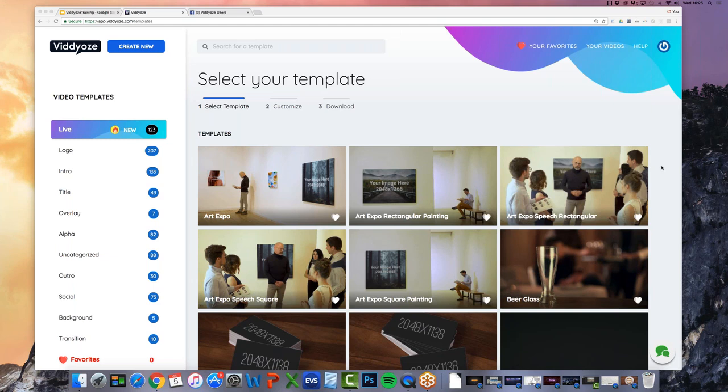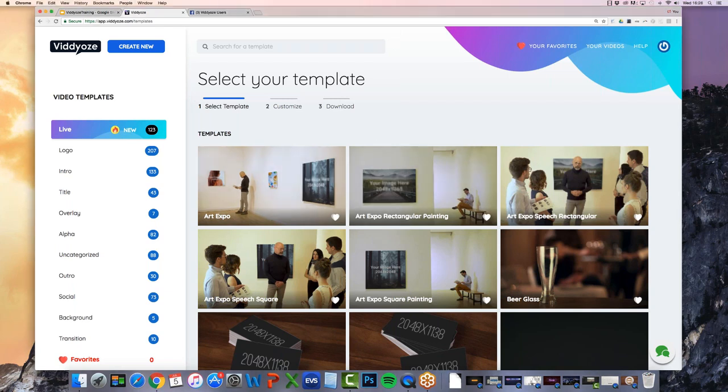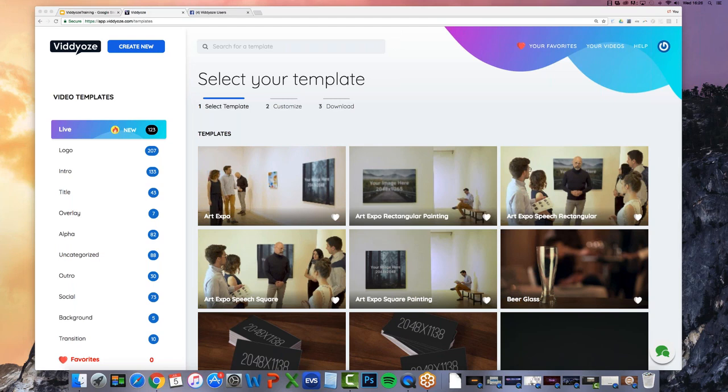What is the average length of animations? That's a good question. Generally, you're probably going to find an animation is around 8 seconds. We've got some that are 10, some of them are longer, some of them between 10 and 20 seconds. I don't think we've got any animations that go over 20 seconds. Maybe the Art Expo one here does. I can't quite remember how many seconds that one is, but you're generally going to find most are around 8 seconds. But again, it does differ. It depends what the animation is all about as to how long the animation is going to be.